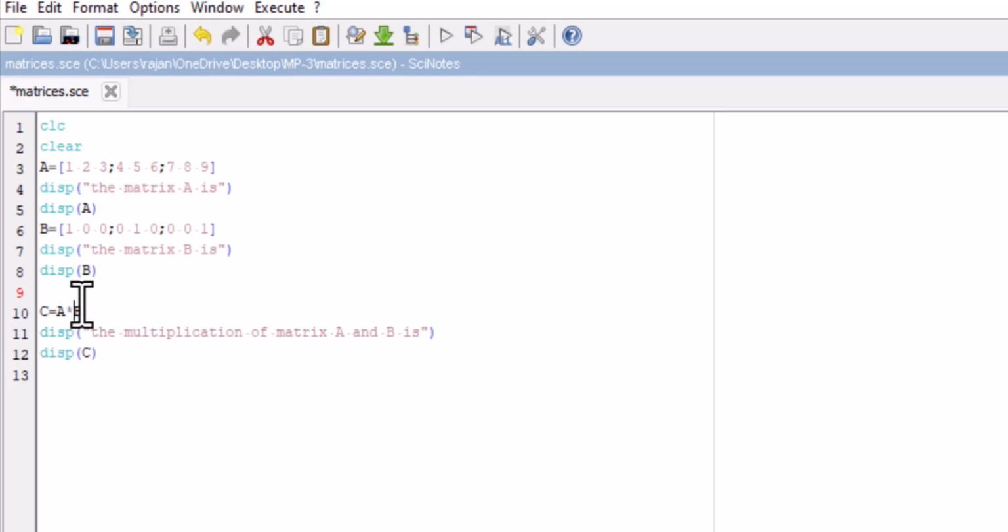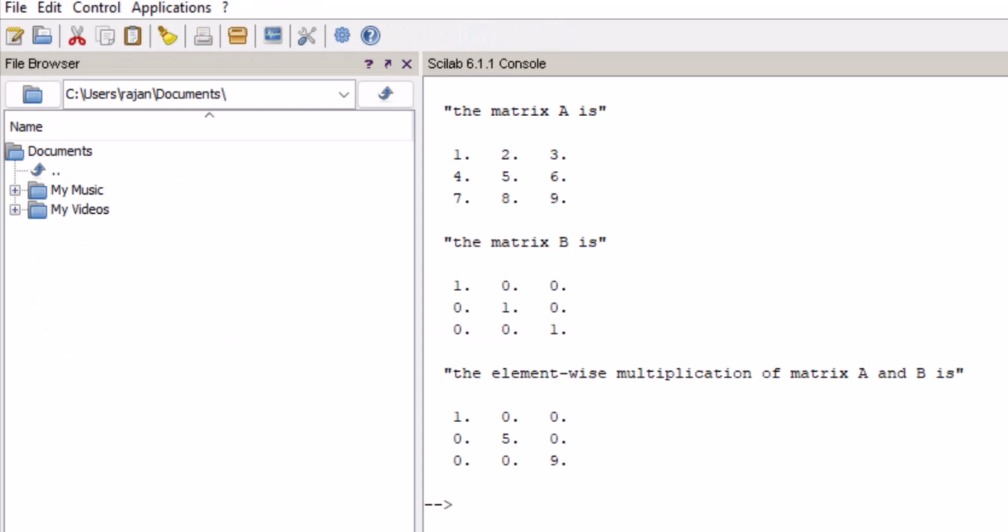Now we will perform the element wise multiplication. In order to perform the element wise multiplication, the operator will be dot star, and here we will write element wise multiplication of matrix A and B is, and now again I will execute the code,